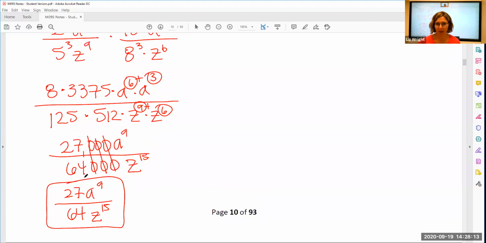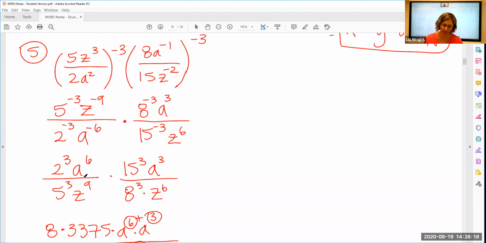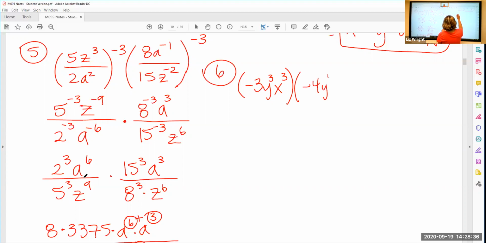One more I want you guys to try. And this one you're going to have kind of another challenge problem on this one. And so this one we have negative 3 y to the 3rd x to the 3rd times negative 4 y to the 4th x squared